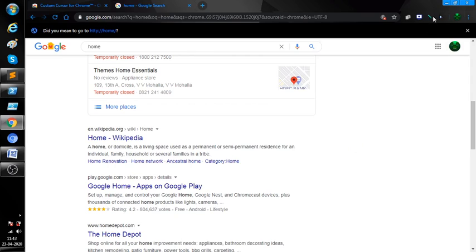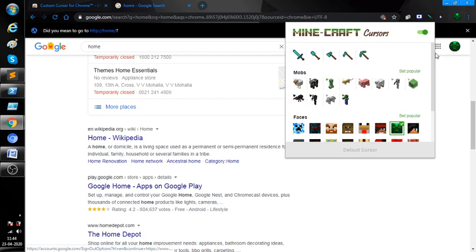So once I've chosen that, you can see that once I close it, my Minecraft creeper face is still on. That's because I didn't disable it. So I'll have to disable it. And how do I do that? You just click on this link and wait. Yeah, so you can see this green button over here. When it's green, you know that it's enabled, and when you click on that once, there's like a gray out, and you can see that it's disabled.